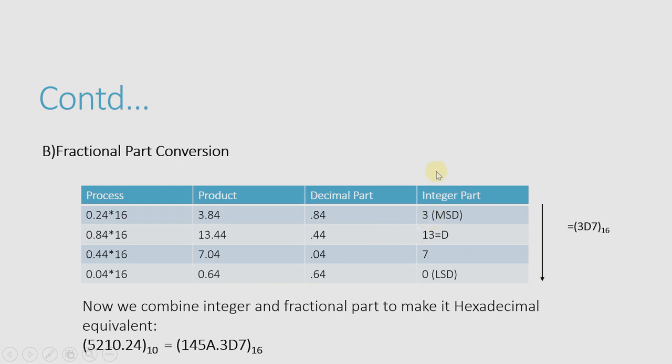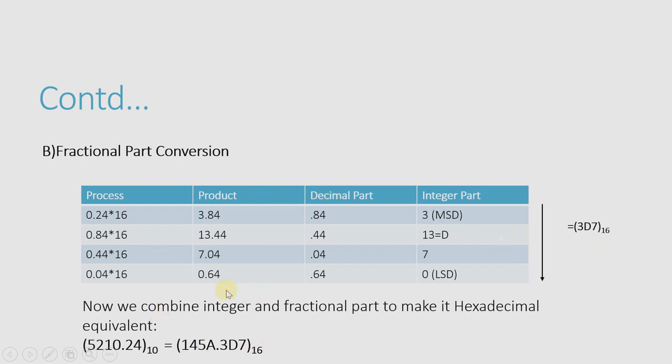Now we have to focus on the integer parts and how to write them. Just write them from the upward to downward direction, so the answer will be 3D7. Instead of writing 13, because 13 would be read as 1 3, instead of reading it as 13 we will read it as 3 D 7. So here we are using the symbols, which means that if we are using D here, it represents the number 13. So 3D7.